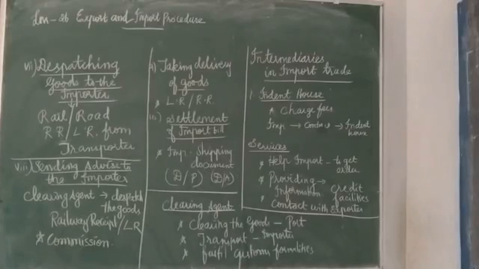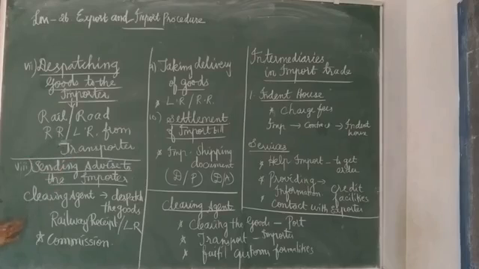At last, the goods are going to be dispatched to the importer. How are the goods dispatched to the importer? By rail or road. The agent is going to dispatch the goods to the importer by railways or roadways, any transport. For that he needs the railway receipt or lorry receipt from the transporter.